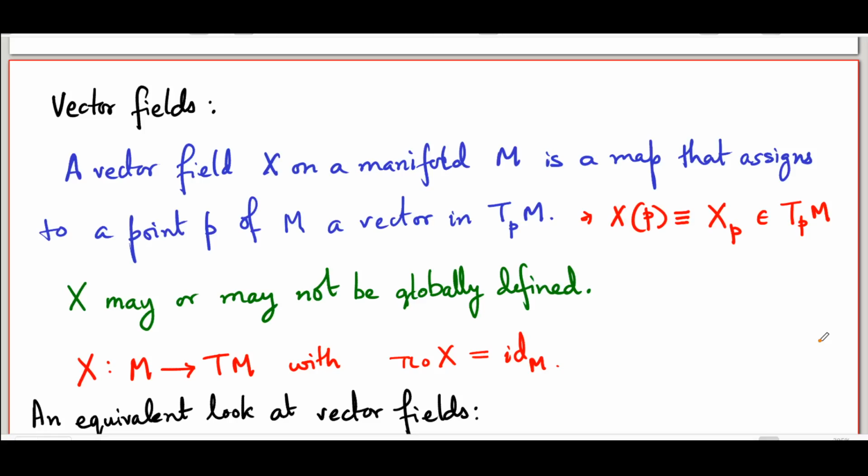So, vector fields essentially come in two avatars, both of which tell you exactly the same thing. One is equivalent to the other, so given one, you should be able to figure out the other. In one, it attaches a vector at P to every point P. In the other, it acts on functions to produce new functions. So let's see how the second version of the vector field actually works out.